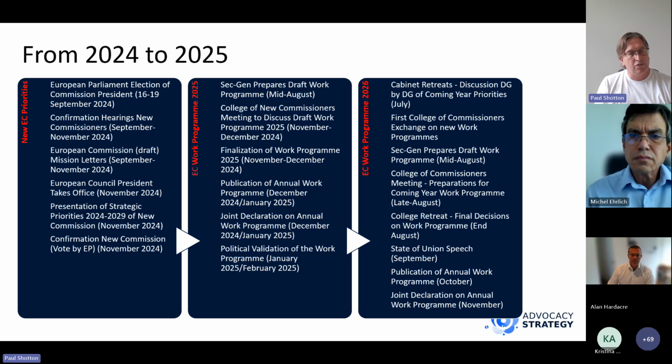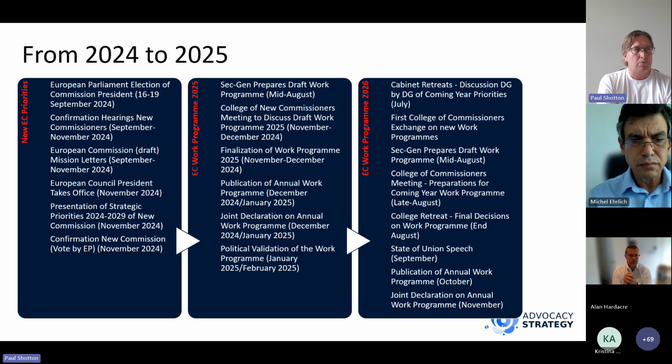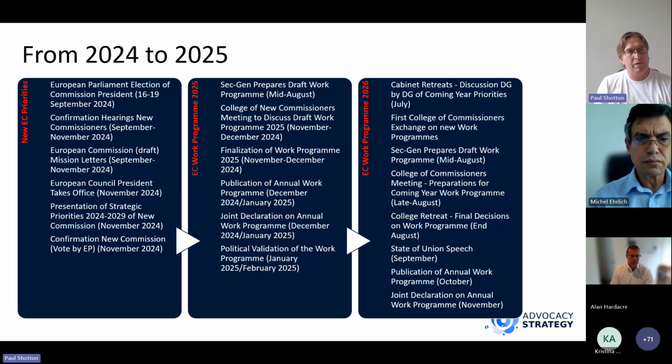So to take a brief walk through some of these major steps, we of course are looking now at a rentrée or a September that will be colored mainly, of course, by the confirmation hearings and the election, of course, of the head of the European Commission, as well as the new commissioners. And to this process, of course, we will be layering the definition of the strategic priorities of the European Commission. And so within the Commission itself, we'll be seeing this process of confirming the new commissioners within the European Parliament, as well as the European Commission itself, defining its strategic priorities and formulating the mandate letters that will then shape